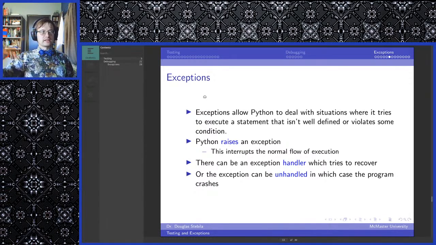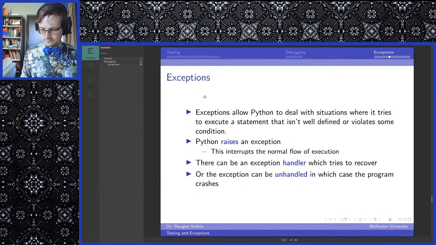The function that the exception was raised in will terminate its execution, and unless the exception is handled, it will crash your program. Well, it'll cause an unplanned termination state, shall we say?